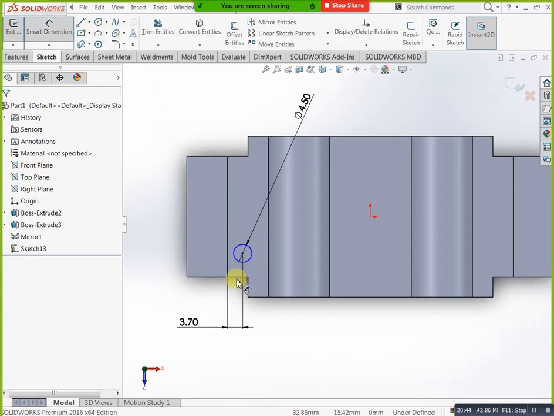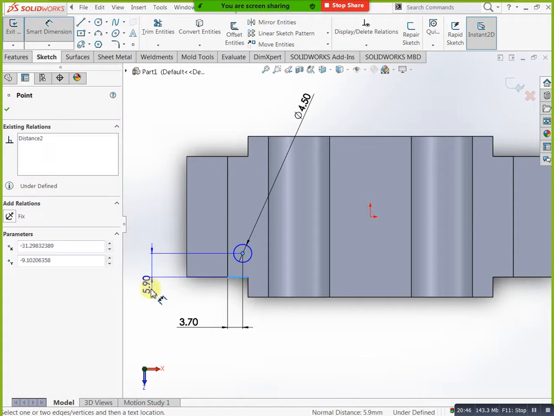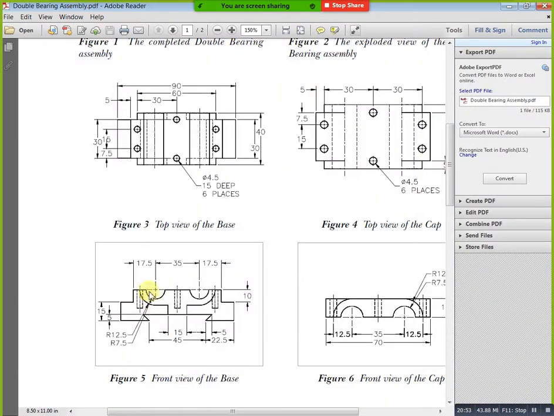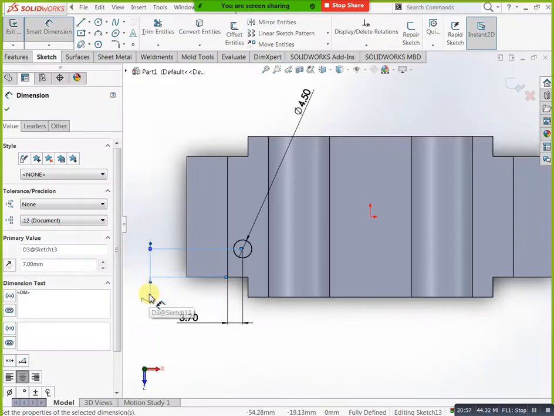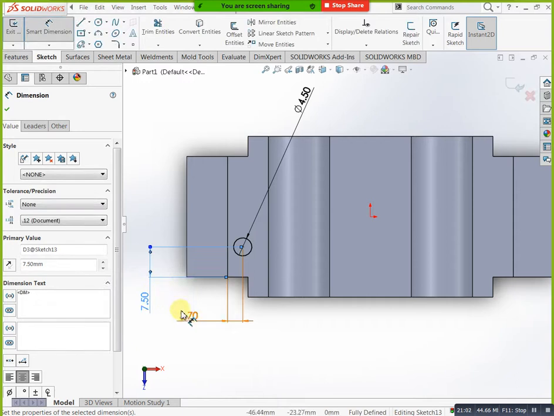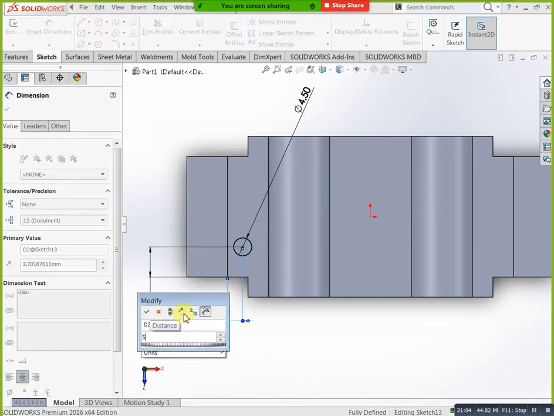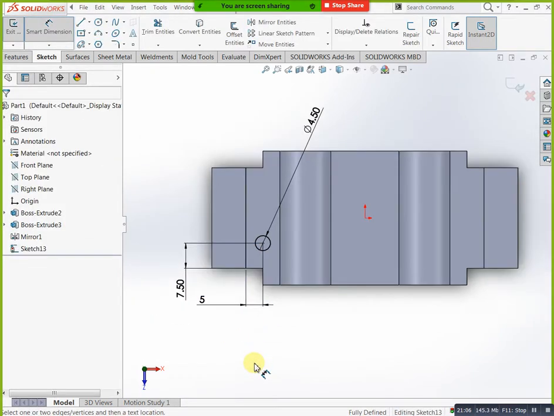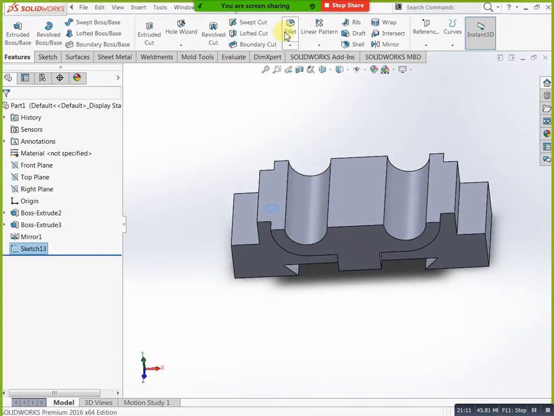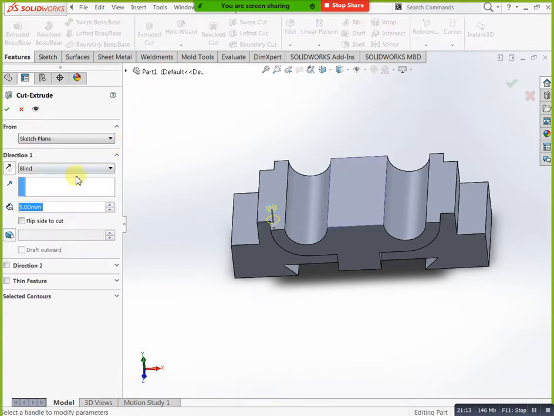See, now you can select the same face, sketch, Ctrl+8. Then you can mention your points where you need. For example, I am placing one point here and one point here, one point here, at the same time here one, here one. Okay, now you can select this one, here to here 5, here to here, okay, 7.5.